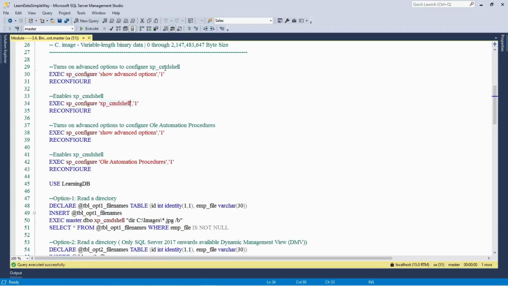Okay, so that is why this second SP, again the same SP configure, but just the option is changed. The actual command name or the tool name is what is explained here, and then the value to make it enabled. Okay, and then again you press reconfigure, so that it will set those settings appropriately into the tool, the server tool. Okay, it turns on